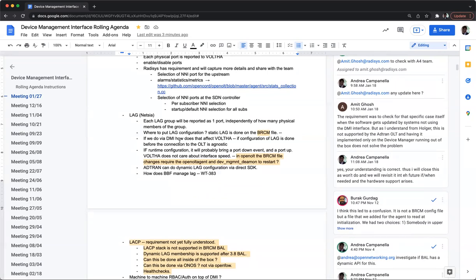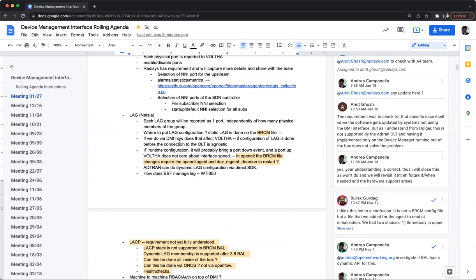Okay, but in case of multi NNI, I think that is more complicated, right? Because you need to have the flow rules also pointing to different NNIs. Yes. Okay. But again, there is no real update on that front at this point in time. So we're starting small, and I haven't yet received a document from Netsia